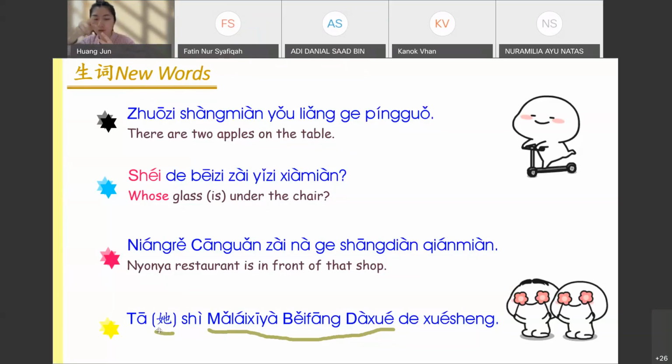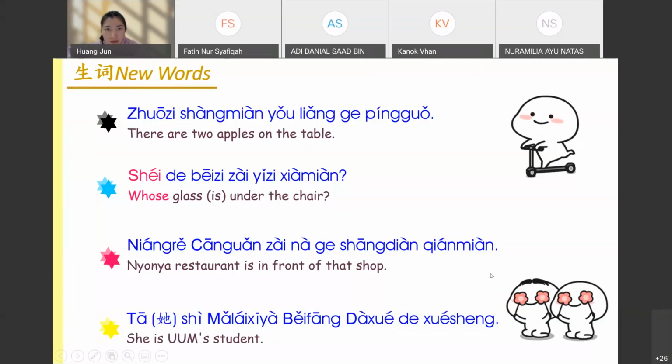The listening test and reading test will all contain Chinese characters. All the 64 Chinese characters you must remember. They will test you on how to read the character and what its meaning is. So you have to make sure you settle the meaning of the Chinese characters and understand how to read them. So, she is UUM's student. This is the meaning: 她是马来西亚北方大学的学生。